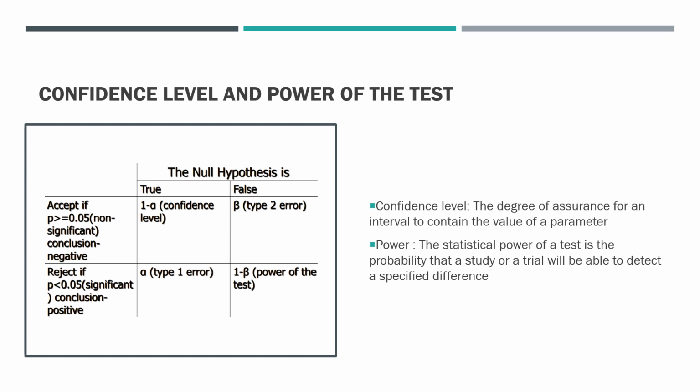So the error possibility is beta. If you subtract 1 minus beta, that will be the power of your test. Alpha is your type 1 error, the false positive error. If you subtract 1 minus alpha, that is the confidence level. Okay, confidence interval is different. Confidence interval is how many ever times you repeat, you know that it is going to fall under the same brackets or same confidence levels. That is confidence intervals.